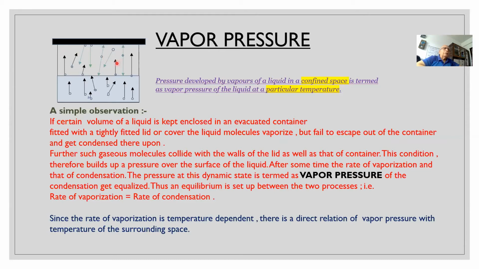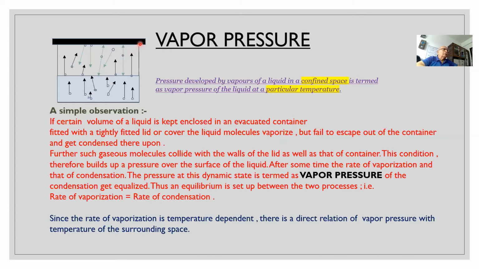And we know that in any opposing interactions or reactions, may it be physical or chemical, if the rates of opposing reactions or interactions are similar, an equilibrium is established. Immediately after some time, an equilibrium is established here